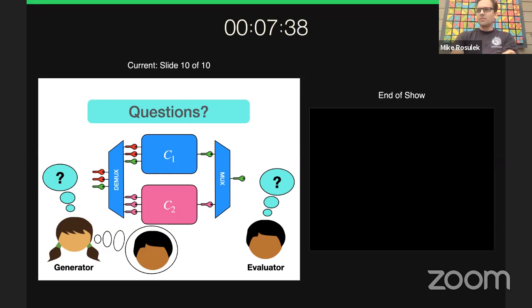Is there a way to apply your ideas to maybe an unnatural example of a circuit? Yeah, I'm not sure. So the key property that you need is that there does need to be some sort of exclusive behavior, because as you can see on the slide here, we're giving up the ability to correctly evaluate the circuit C2.